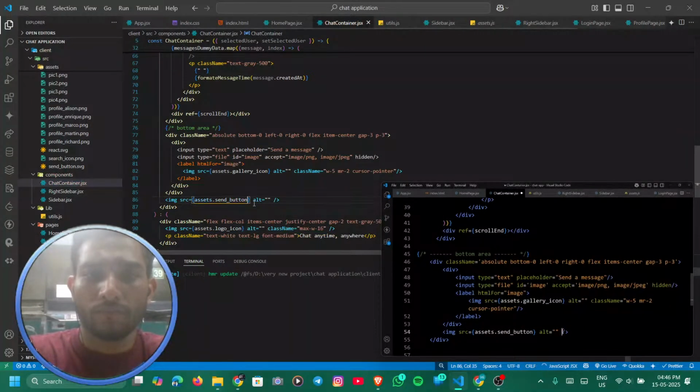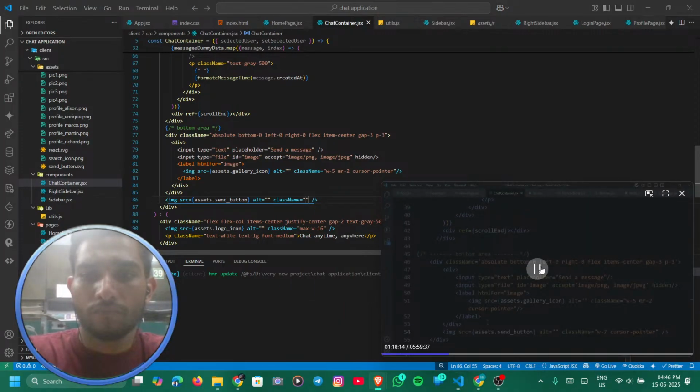So we have added the className property and provided width and cursor pointer like this. Now let me